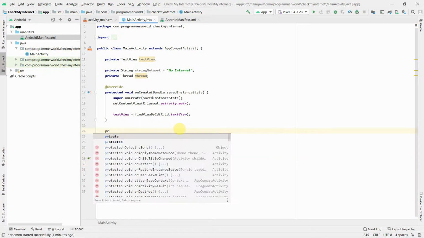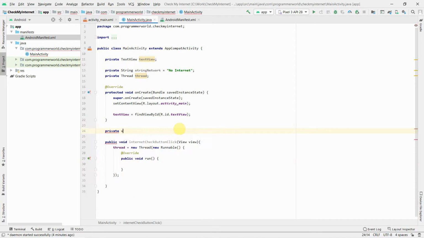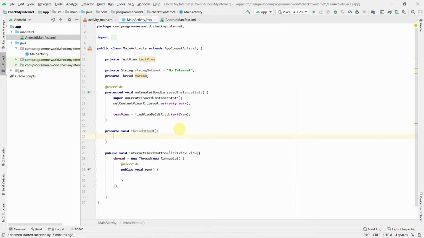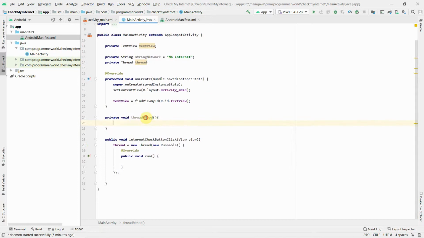We will create another method. I don't think I need to return anything, I can just put void over here, and I can put thread method, or you can name it anything again. So this is the method. I can call it from line number, it becomes 32 of course. So I can call it from here.